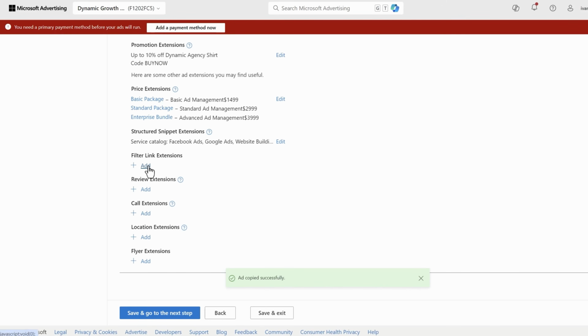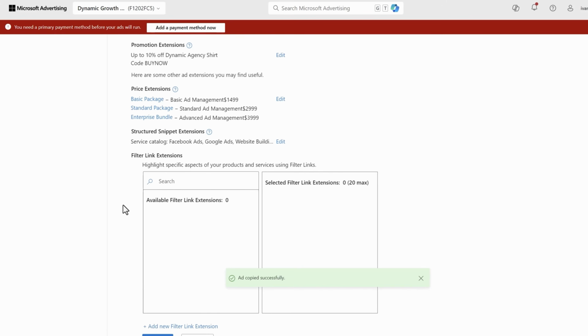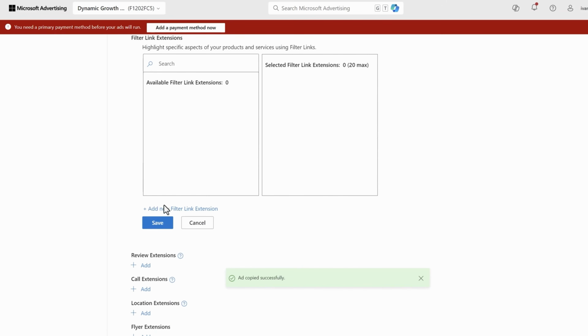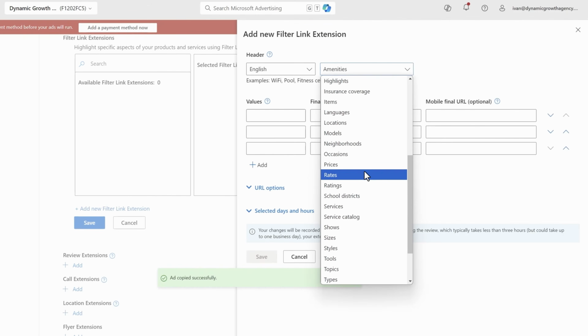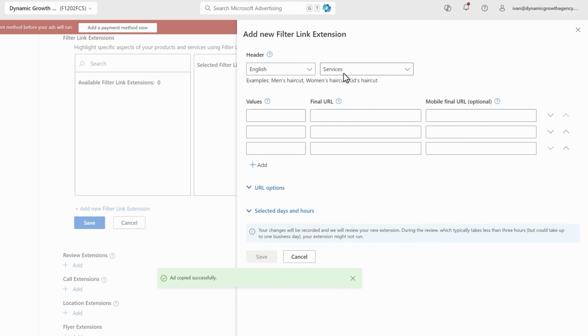So let's start off with a filter link. A filter link extension is basically like a combination of a site link and a structured snippet extension. So let me show you what that looks like. So you can come in here and you can say, for instance, let's say services. We have services. And then what that's going to do is that's going to have services on the left-hand side. And then on the right side, it's going to say the values. So over here, we can say